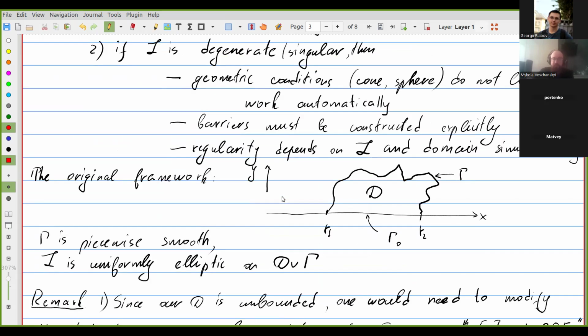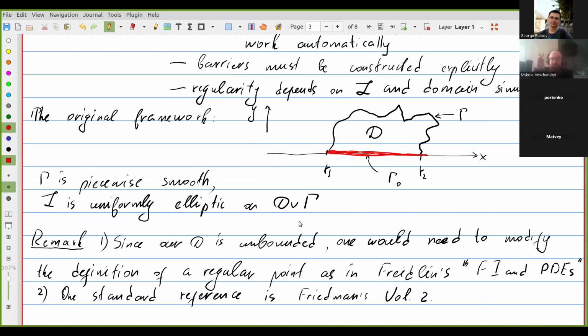Now, the original framework was a two-dimensional situation where the domain D is surrounded by two parts of the boundary: gamma, which is some piecewise smooth curve, and gamma 0, which is just an interval on the x-axis. The operator can degenerate only on this part of the space. Everywhere else it is uniformly elliptic and bounded. Now, since the original situation is bounded,